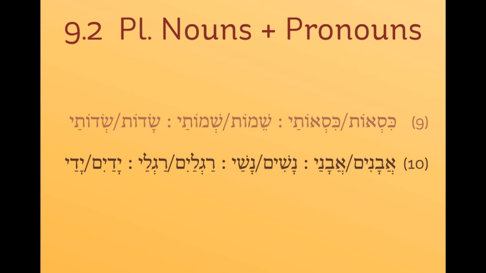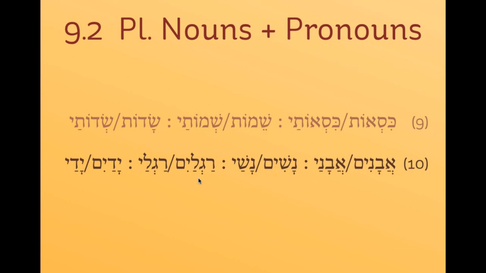And the inverse is true, where the idea that the type 2 pronoun takes the place of a masculine plural ending is not actually true. It takes the place of any noun ending that ends in eem. So any noun that ends in eem, type 2 overwrites that eem ending. So all of these are feminine nouns: even, avanim, my stones, avanai. Isha, nashim, my women, nashai. So type 2 overwrites any eem ending. It also overwrites any dual noun ending.